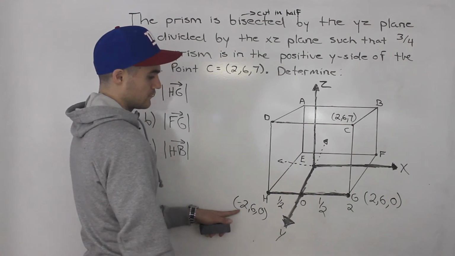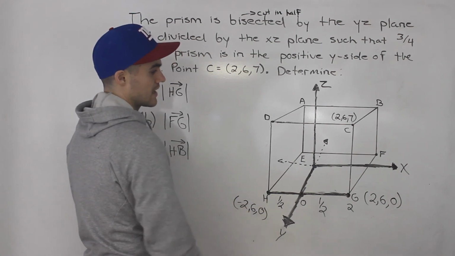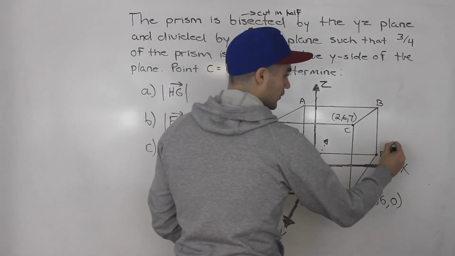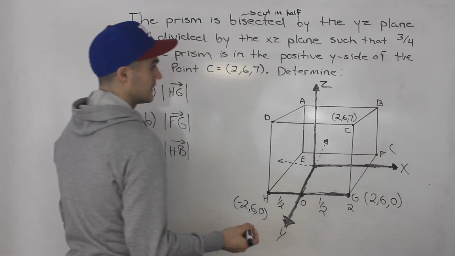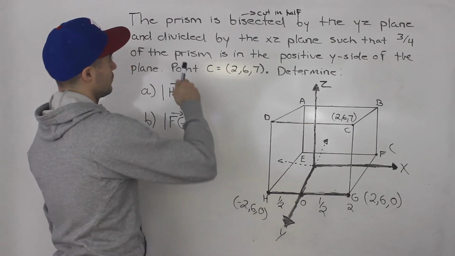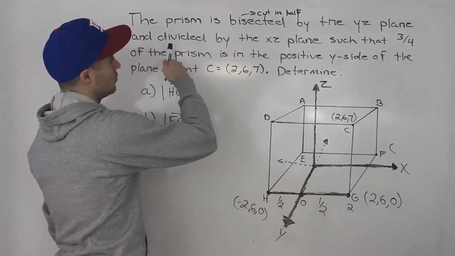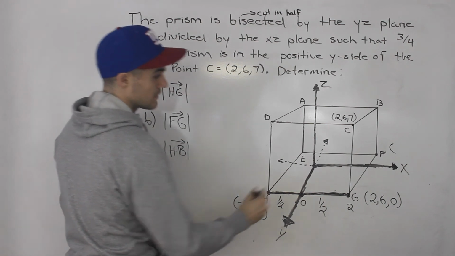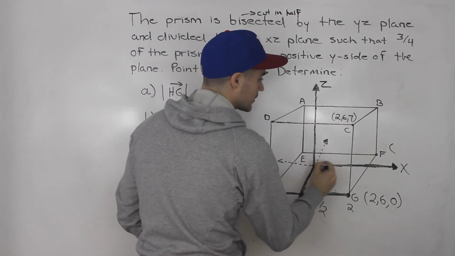Right? So we got this coordinate for H here, -2, 6, and 0. Let's move on to finding the coordinate for F. If we read further, we're told that the prism is divided by the xz plane. So the xz plane would be over here,